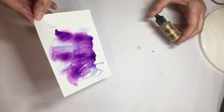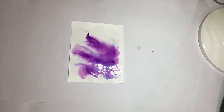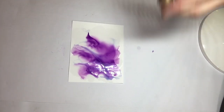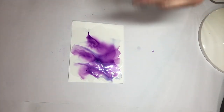And similar to the background, I'm moving it around and I want the colors to sort of stand out on their own. And I'm going to add some of this gold mixative, which is a metallic. There's a little ball inside which facilitates mixing. You really want to shake it well so that you pull up all of the metallic